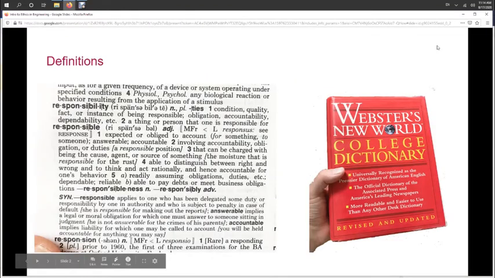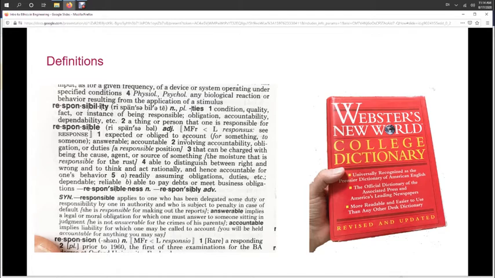Responsible engineering, those two words put together, is definitely open to interpretation. So to get started on what responsible engineering is, I pulled out my old dictionary, and this is actually my dictionary. I took a picture of it. I haven't used a paper dictionary in several years, although I do use them online every day. But it was kind of fun to get this old one out and take a look. So here's the definition for responsible. Responsible can be an adjective, and then there are adverbial versions of it as well. Let's take a look at some of these definitions.